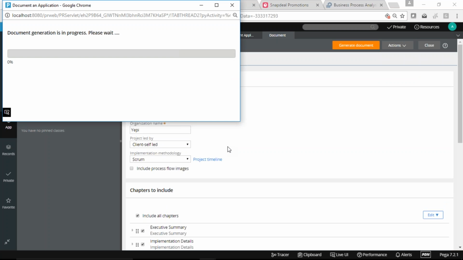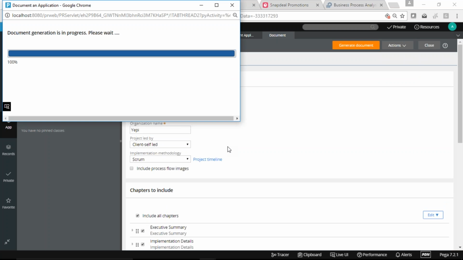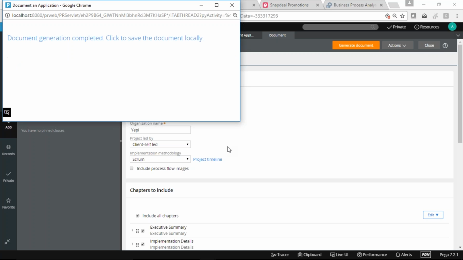Mukesh, what is the difference between a sprint and an iteration? Actually, within this release, you have different iterations to follow.